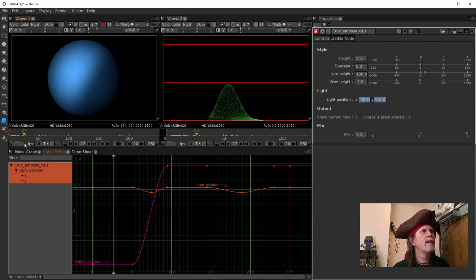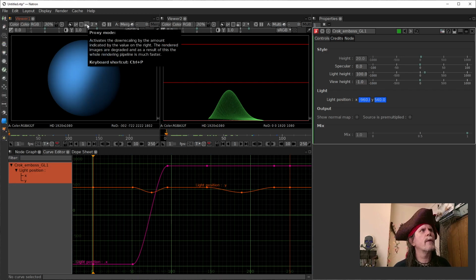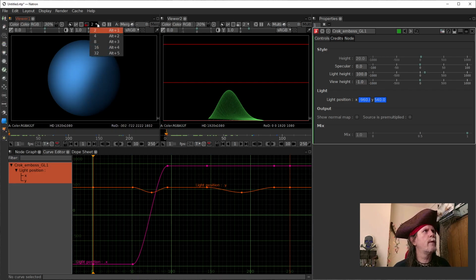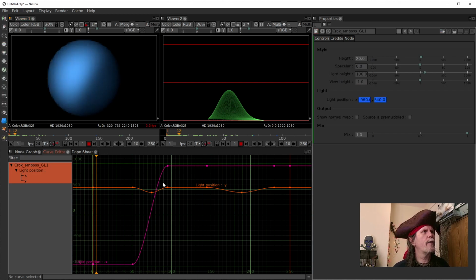We're scrubbing. You can see. You know what? I've got an idea. We're gonna shift this. I don't know if we've ever talked about proxy mode before, but you can drop your viewport settings down to a lower pixel rating. You can see we've dropped this down so it renders faster. So now if we do this,